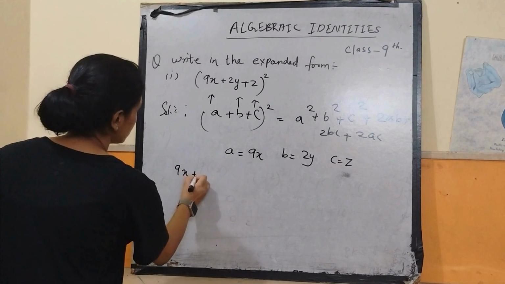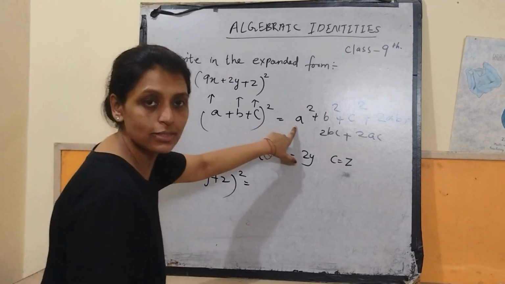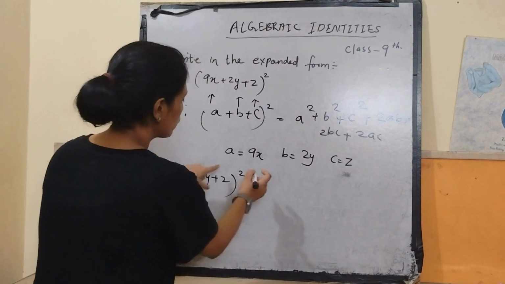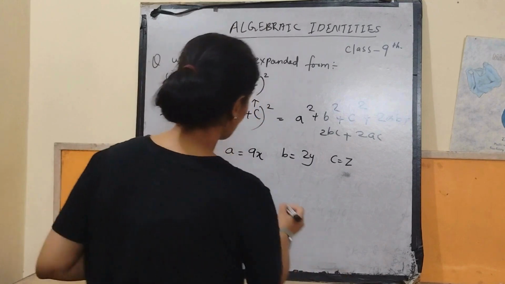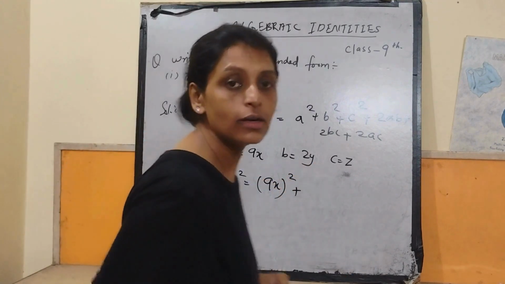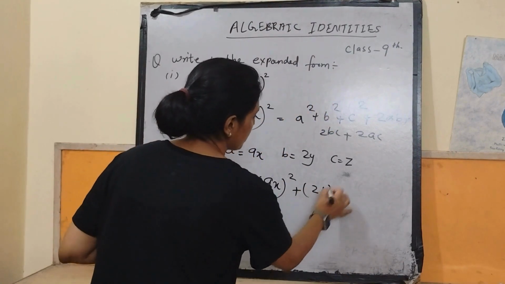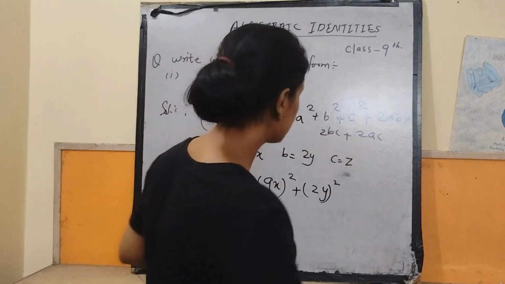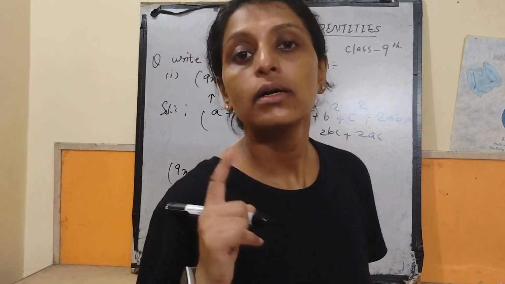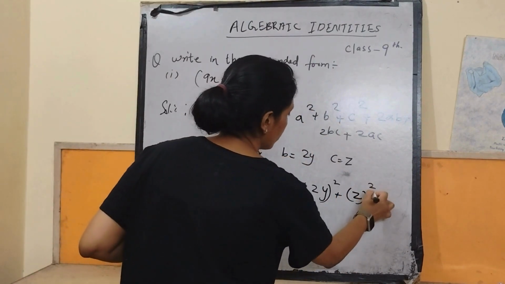Here a is our 9x, so in place of a square we will put (9x) whole square. Here b is our 2y, so we will put (2y) whole square, plus c is our z, so we will put z in place of c square. That is, it will become z square, plus